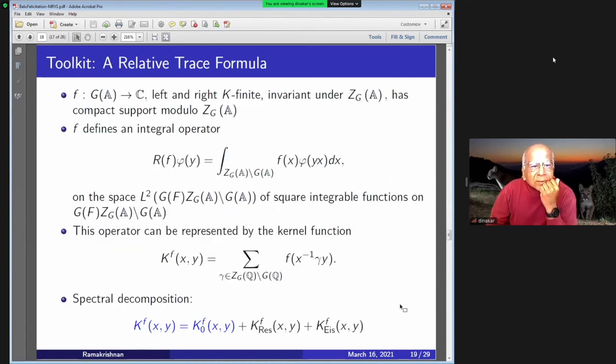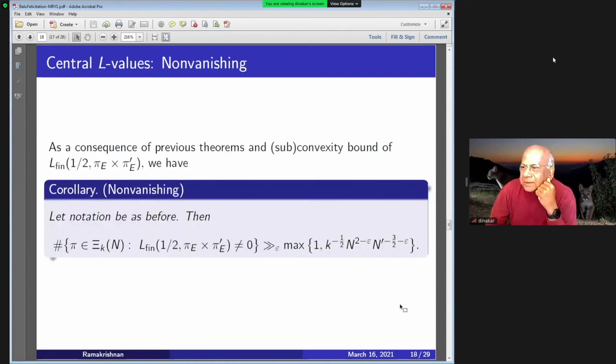Okay, are there any questions at this point? Because I thought I would say, if I had time, something about how the relative trace formula comes. Sorry, I know it's a bit technical, but maybe I can make a couple of philosophical remarks. The relative trace formula is used a lot,